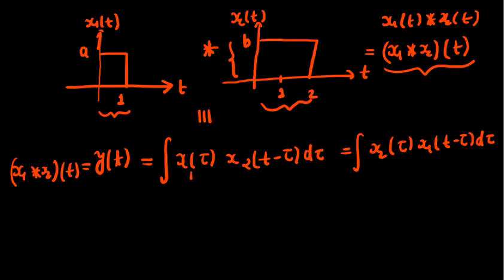We can use any of the two formulas, you agree, right? And the limit of integration would depend on the support of your x1 and x2. By support I mean the domain where your x1 and x2 are non-zero, right? Here you can put minus infinity to infinity, for example, in general, and then you can take these limits where your x1 and x2 both are non-zero, because you are multiplying both of the signals, right?